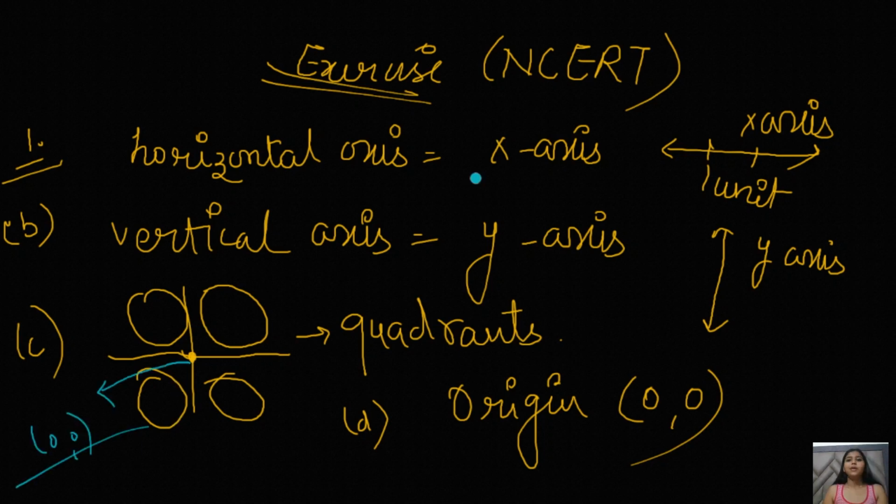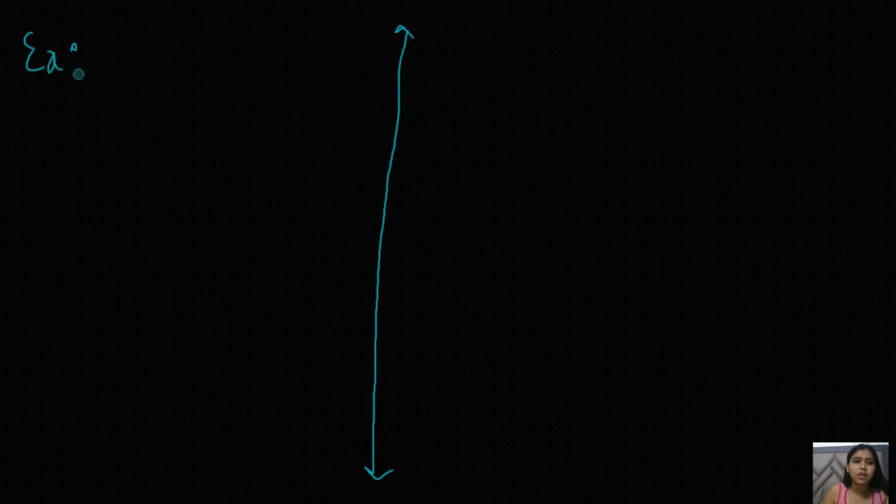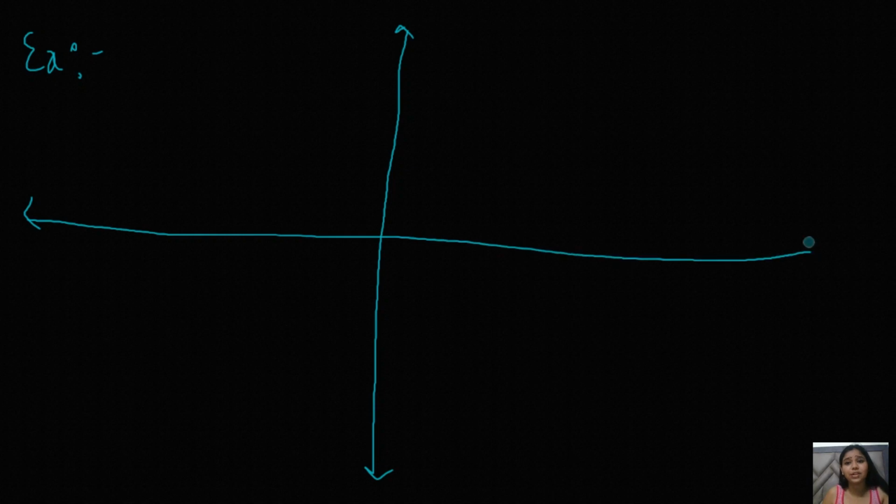Okay, so these are some normal questions. These are very easy, like I told you about the Cartesian plane, and you just have to know about this. Basically some graph is given in the NCERT. Let that graph be. I'm just giving you my own example so that you people can have a better understanding of the graph and Cartesian plane, right?